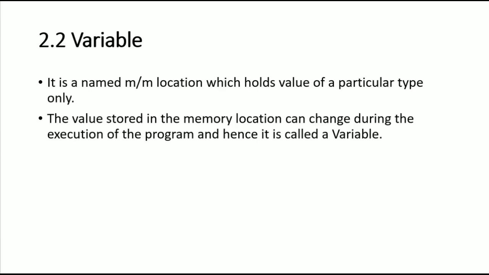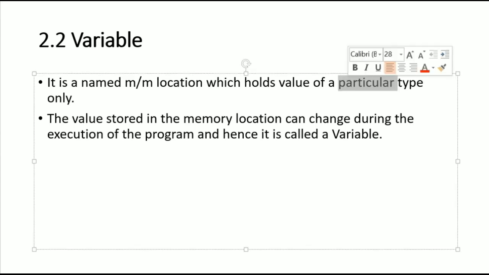So moving forward, now we come to variable. What is a variable? It is a named memory location which holds a value of a particular type only. This particular type is very important. It means that while creating any variable, that is, while reserving any memory location, I'm going to specify what type of value it is going to hold, and it will be holding that